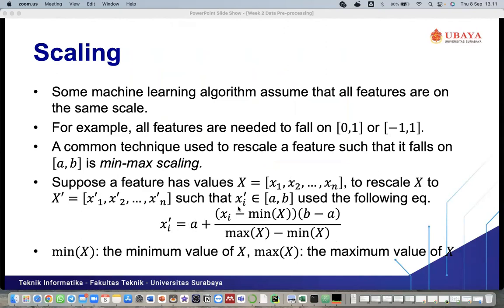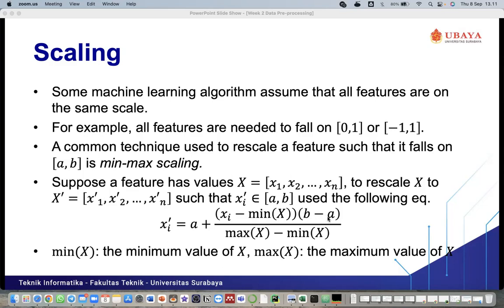For example, we need to rescale our attributes to 0 to 1, so A will be 0, xi will be the original attribute that we want to convert, minus minimum x. Minimum x is the minimum value from our original attributes. And B is the maximum scale.